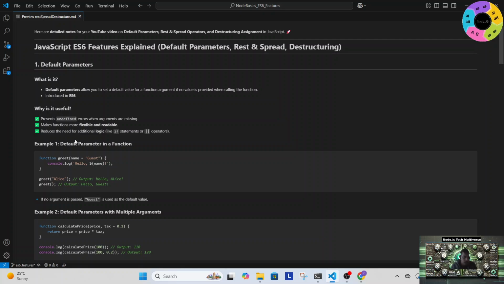Let's suppose here we have a greet function. It is taking the name, and the default value is guest. We're calling this function. The first time we're passing alias as the name, so it will take alias as the value for the name and print hello alias. Next time we're not passing anything, so it will take the default value. The use case of this is that we can avoid undefined errors